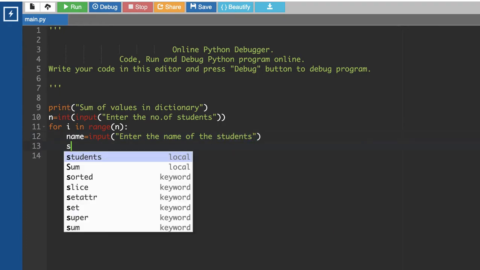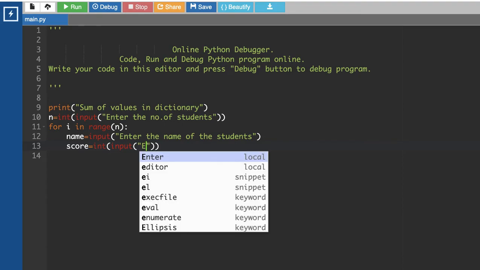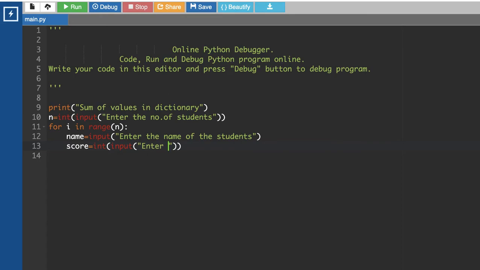Then I'm getting the score. It should be an integer, because the input method always reads string values, so I convert it into an integer, because the score is a numeric value and we are going to use it in calculations.